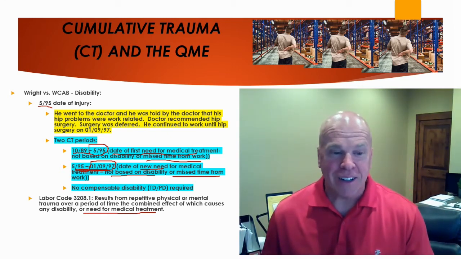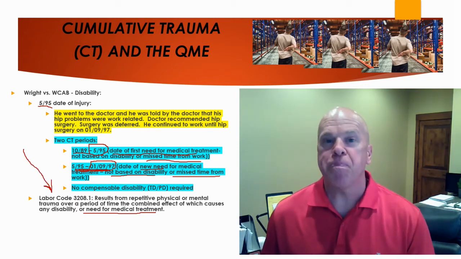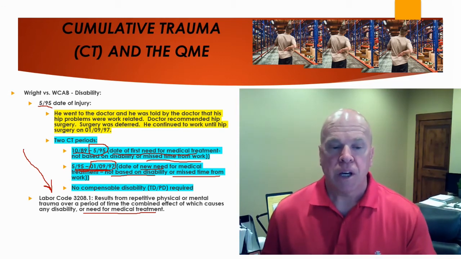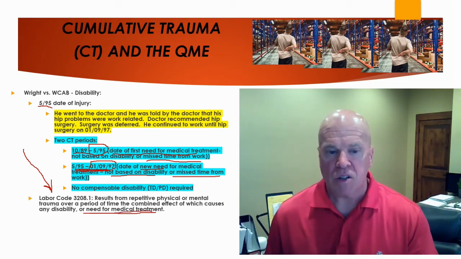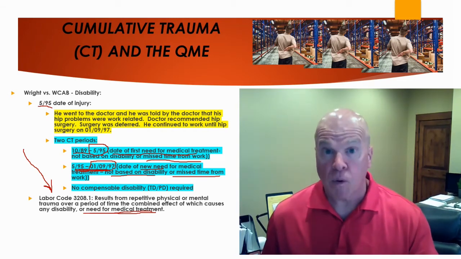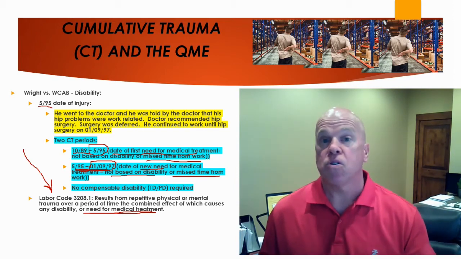So here the judge pointed to Labor Code 3208.1 in establishing 2 cumulative trauma injuries, because each one caused a need for medical treatment and different forms of medical treatment. The first medical treatment was conservative. The second medical treatment